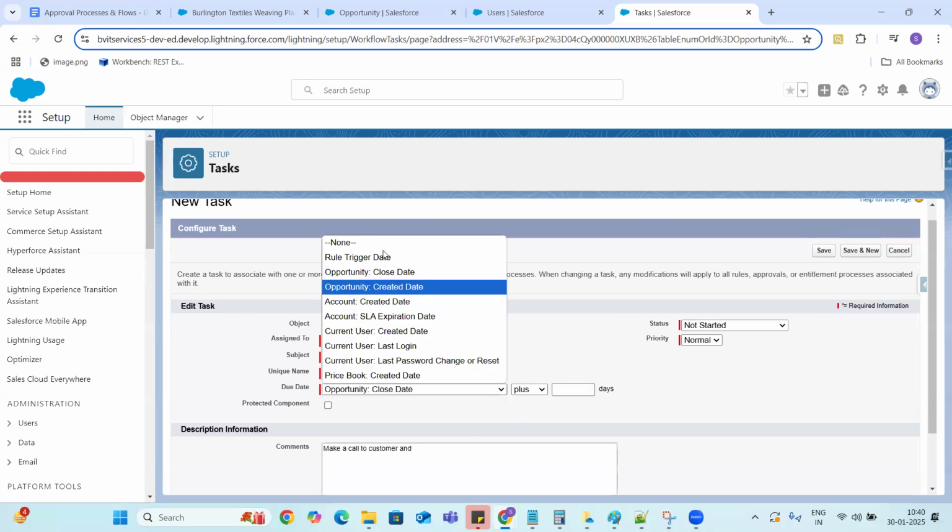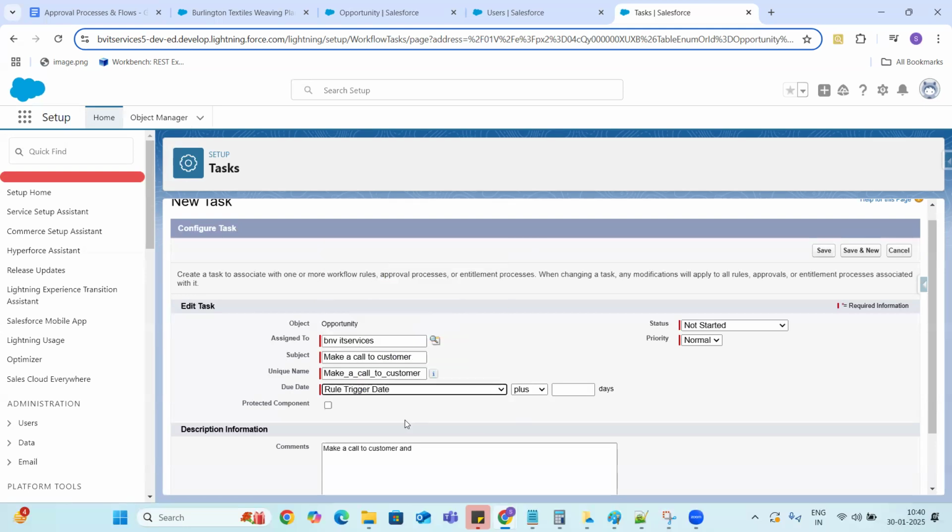Otherwise, use the rule trigger date, that means whenever this was triggered, plus within 1 day, make a call to the customer and inform him that this request is waiting for approval.